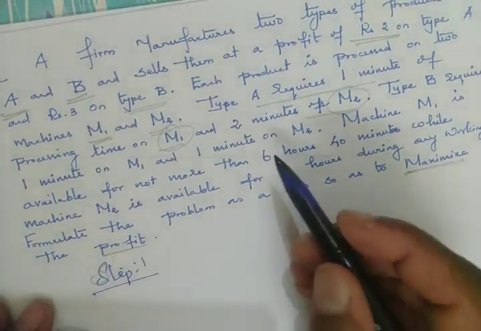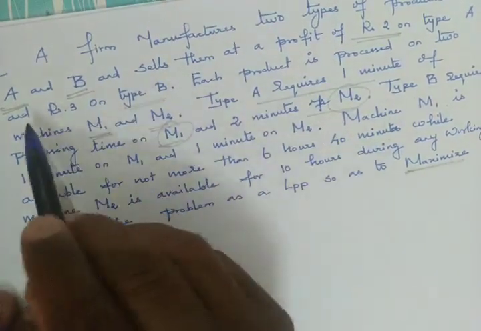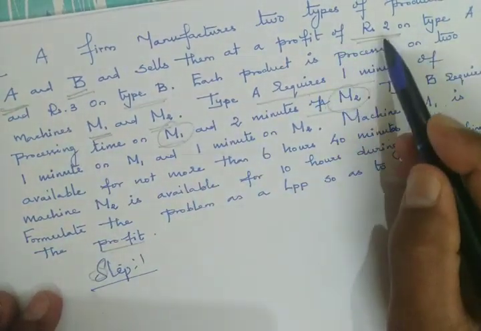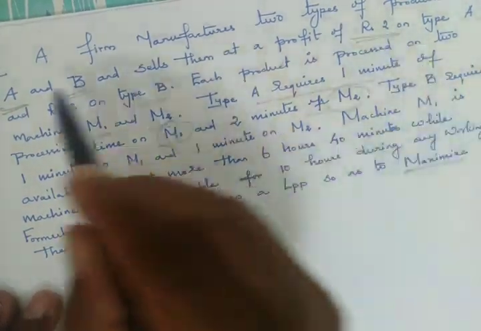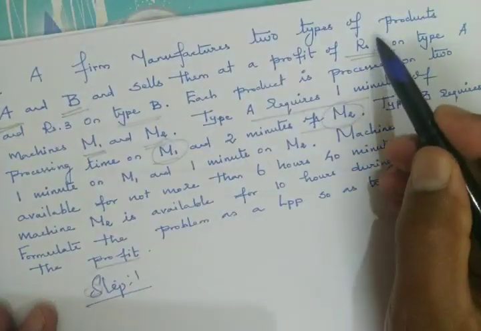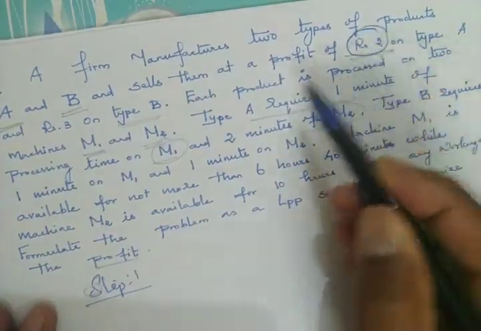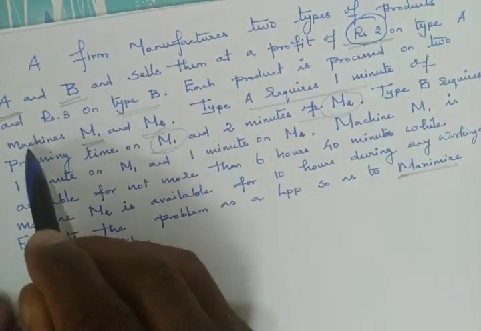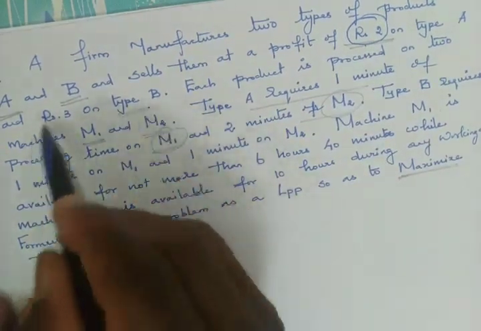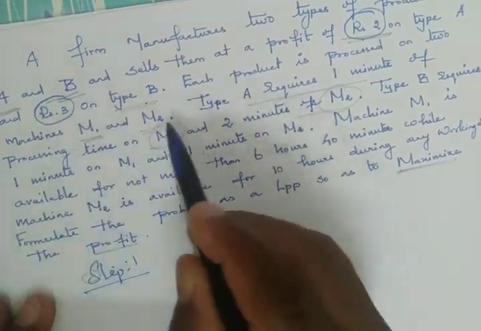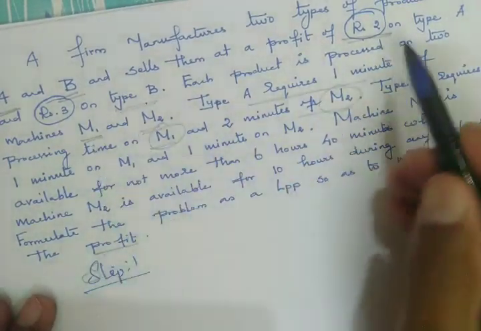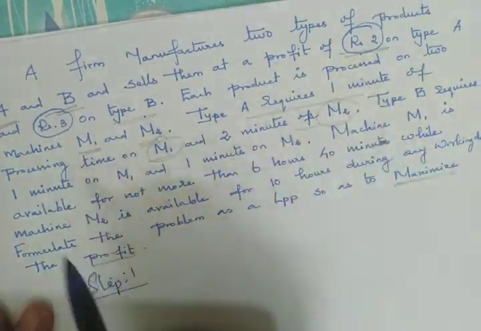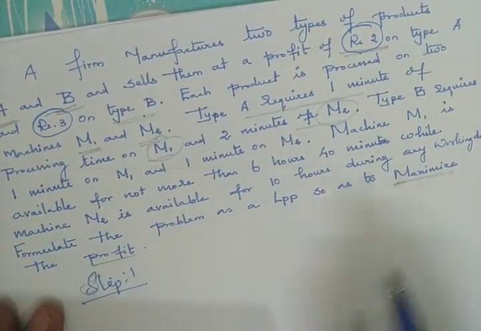The decision variable you are going to consider is based only on the product, that is, the price corresponding to the product. Based on the price only you are going to consider the decision variable. Product A, whose price is 2, and product B, whose price is 3. Here two products are given, and their prices are mentioned as rupees 2 and rupees 3. This price only decides the value of the objective function.